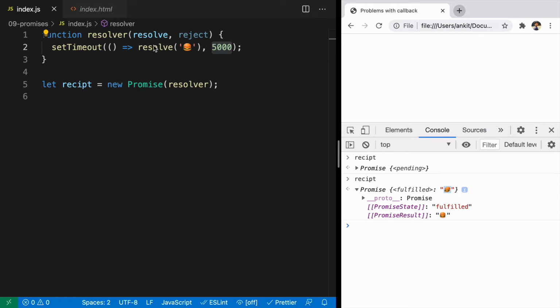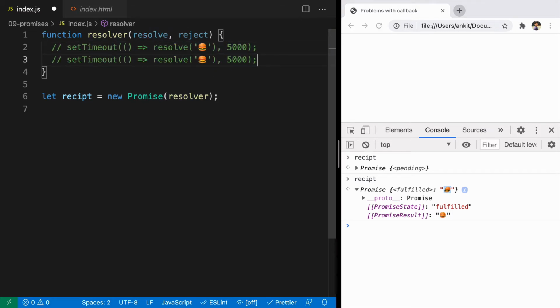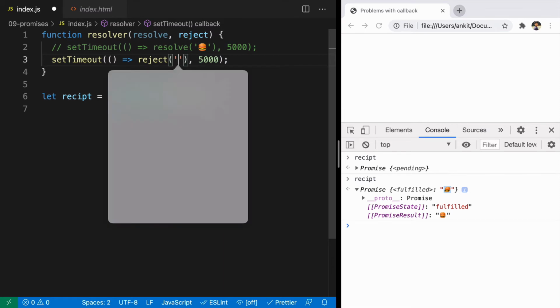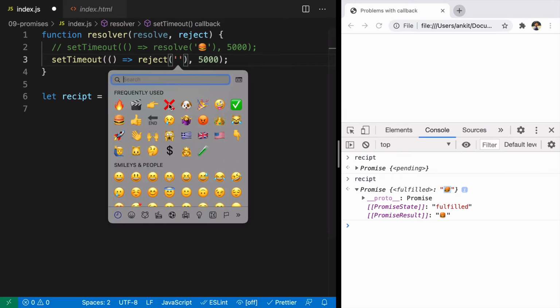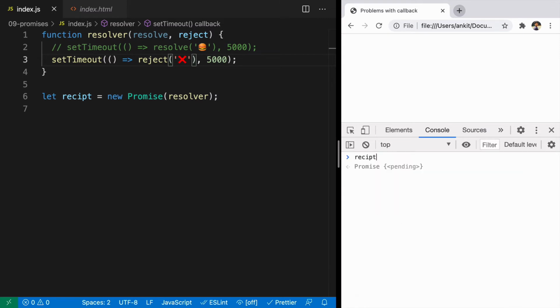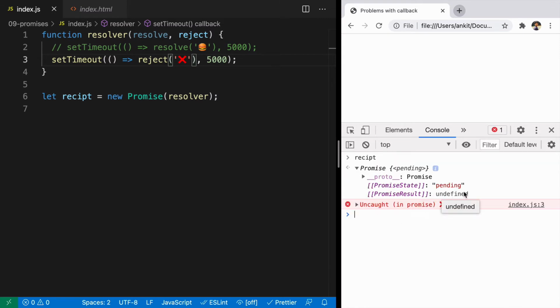But what if the burger is sold out? Instead of calling resolve, you can call reject. So you can say reject, and here instead of burger, you will send sold out. For that, I'll just pass a cross. Let's refresh it and look at receipt. Here there is no value and the state is pending. What if you look at receipt now? You can see that the state of the promise is rejected and the value that we got is a cross